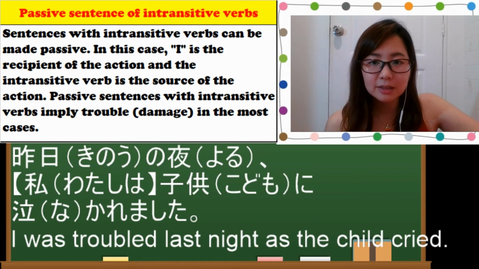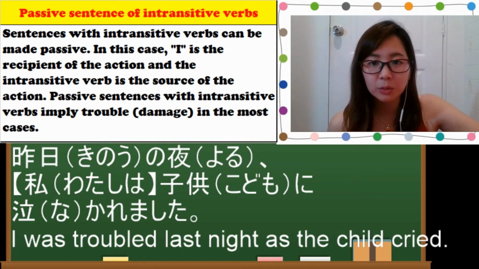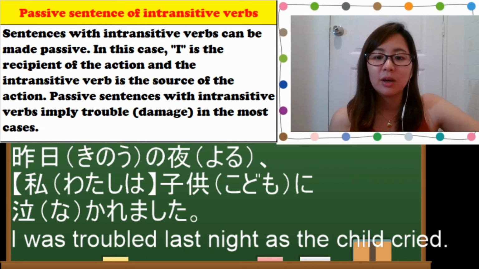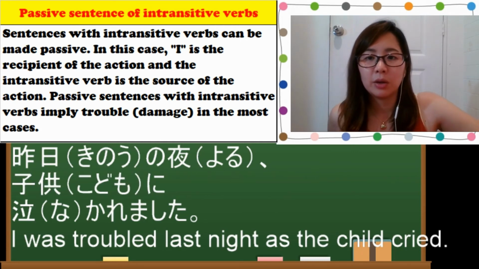So for this sentence, it has a meaning of getting into trouble or being damaged by something. We can also omit this 私は part because we understand that I is the one who is the recipient of the action. 昨日の夜子供に泣かれました。